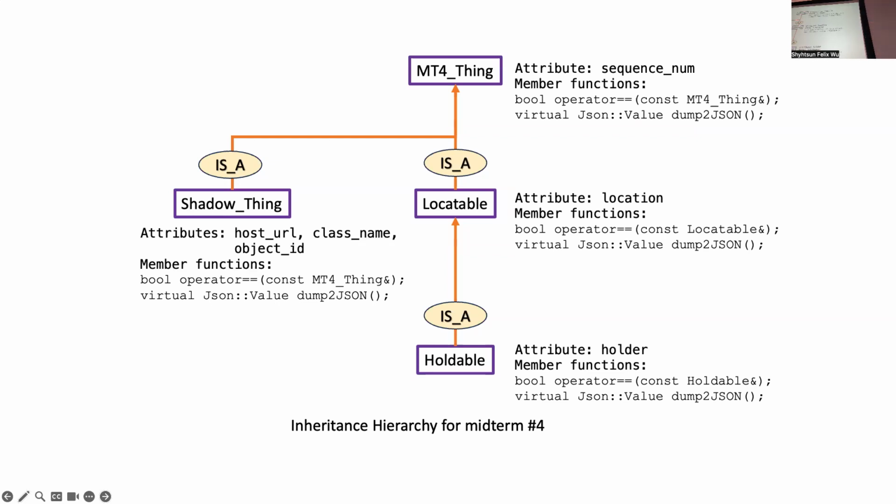Locatable, holdable, and then we have a shadow thing on the side. So essentially, the shadow thing will allow us to accomplish whatever we want to accomplish with the CPP09, which is the shadow object. So instead of shadow GPS, now we're doing shadow thing. So pretty much this side, the code is changed from MT3 to MT4, but we will also give you the code related to shadow thing, both .h and .cpp file,